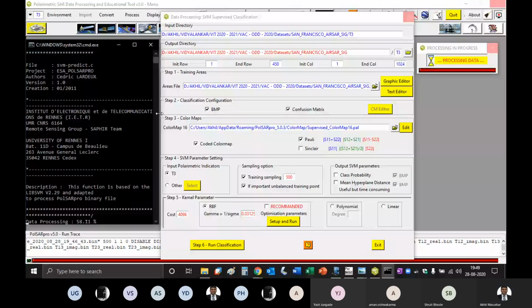Okay, so can you share your screen and show me what you are doing? Have you selected the training areas on the new one? Are you working on AirSAR or San Francisco? AirSAR, okay.